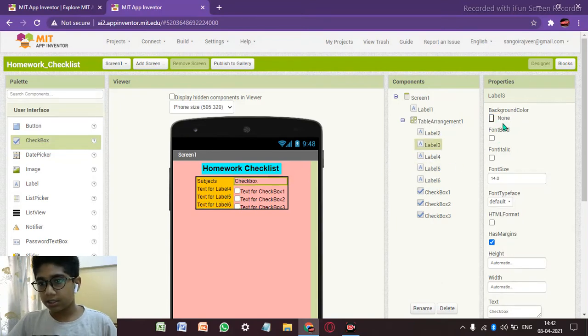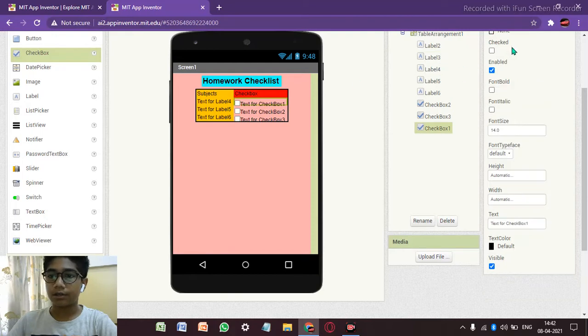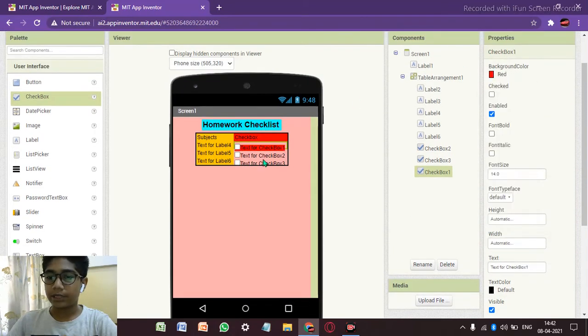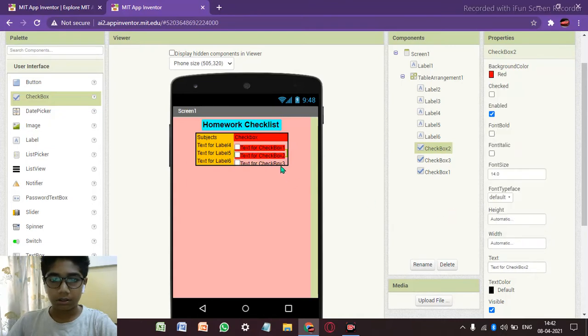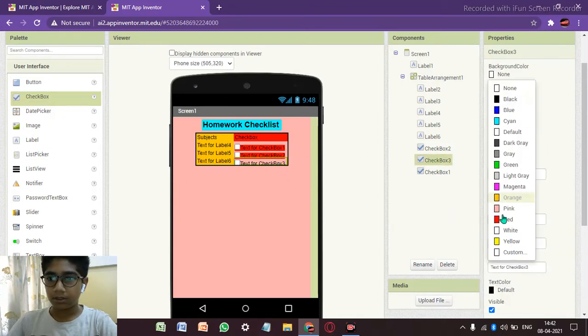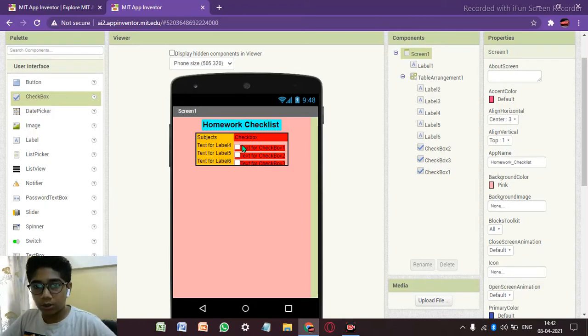And this side, let's keep it as red. So red will be fine. Now it is looking very small.